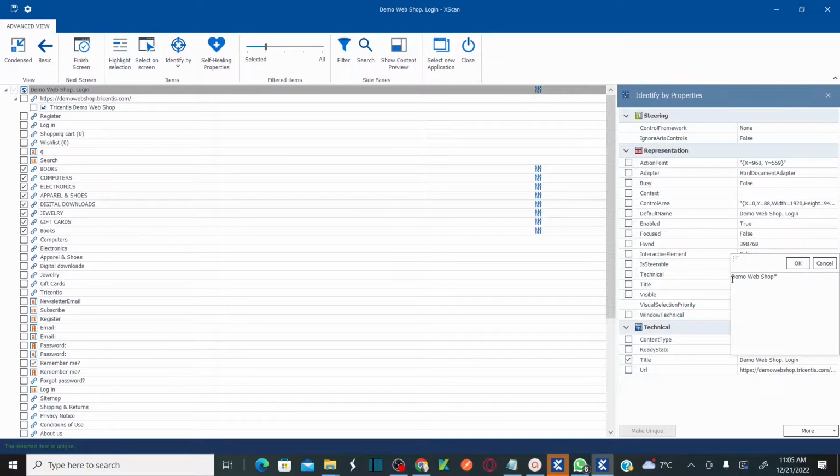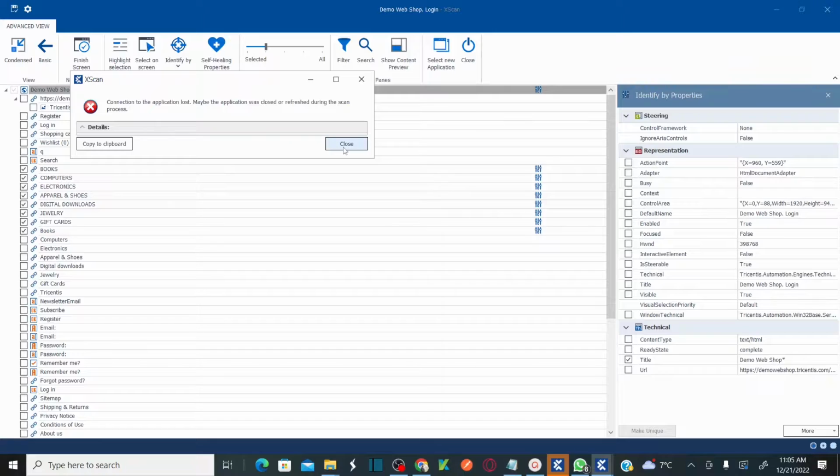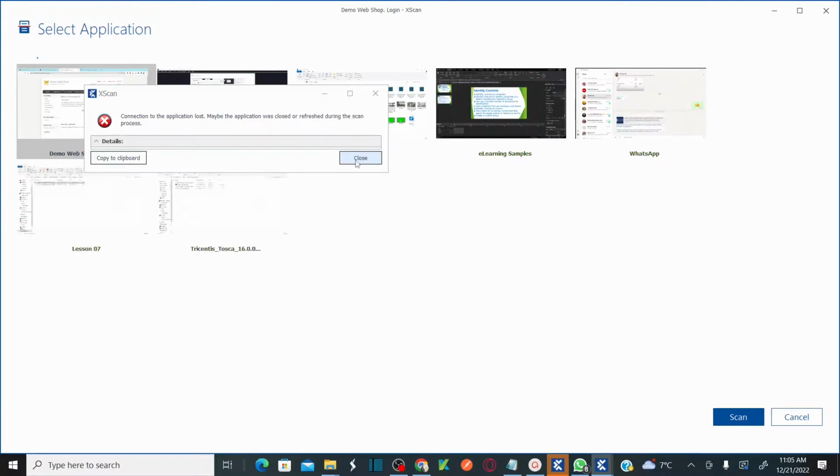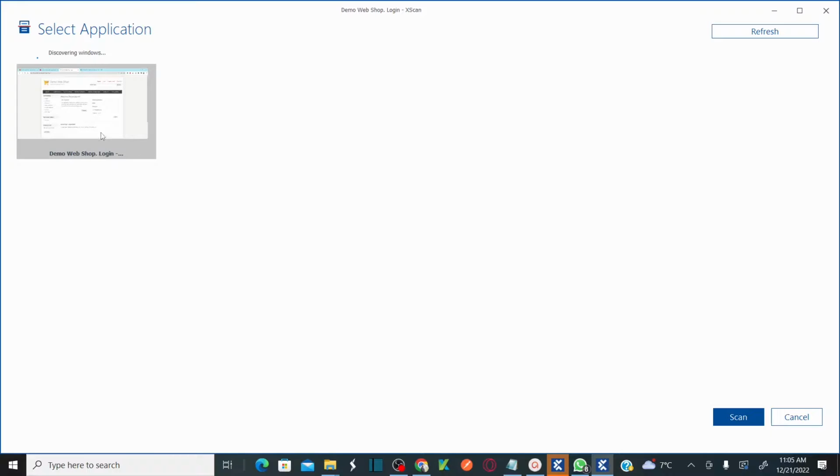That means any page will start with demo webshop title and it might have some text. Okay, because we already changed the page, let me rescan. Okay, I need to rescan again. Okay, scan,